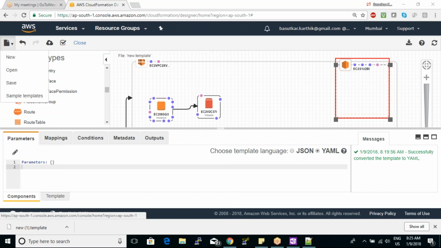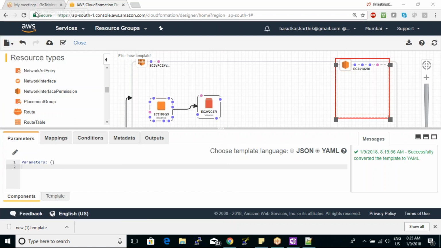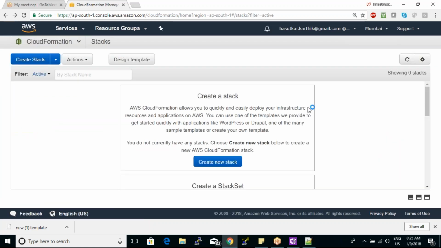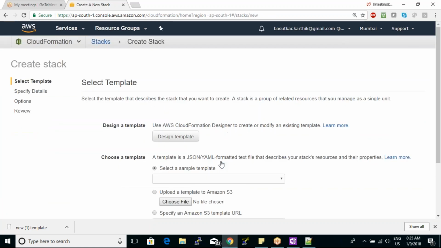Now, for this particular class, for the time being, what I wanted to do is create a new stack from a template that has been designed by Amazon for startup people. Okay, as your first time starting with this